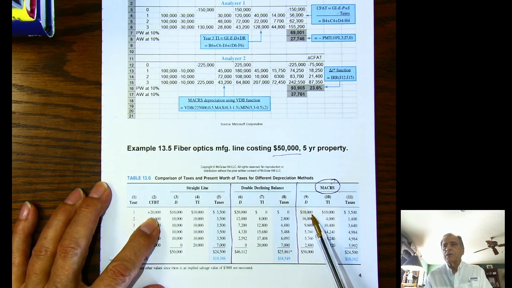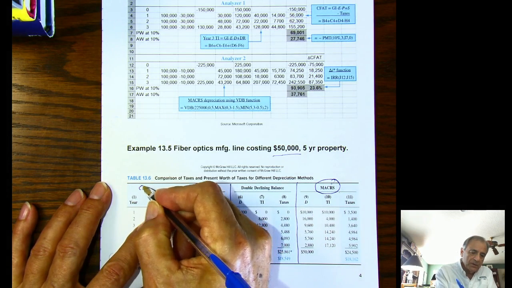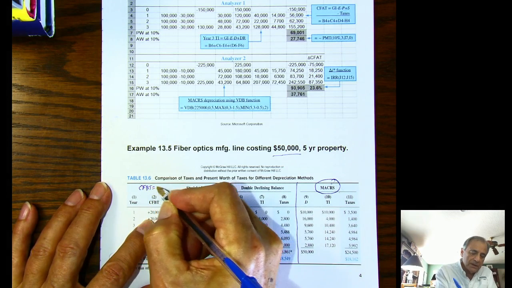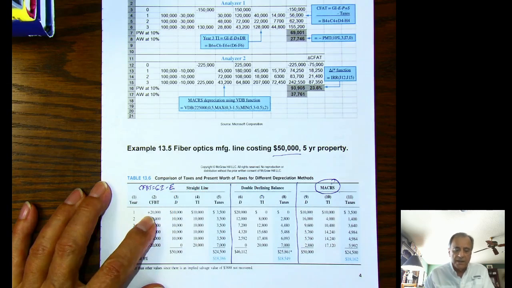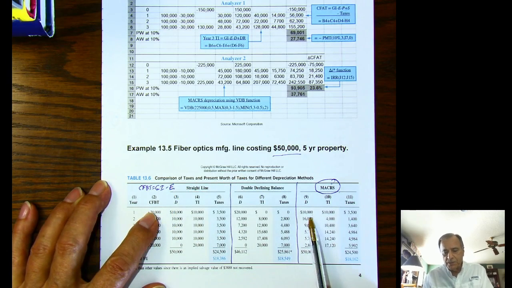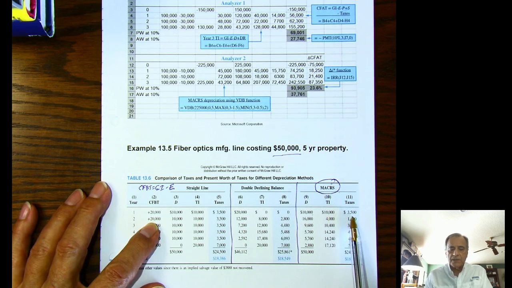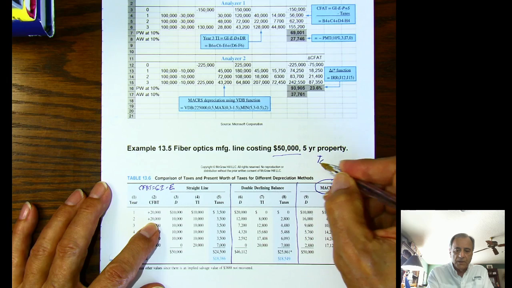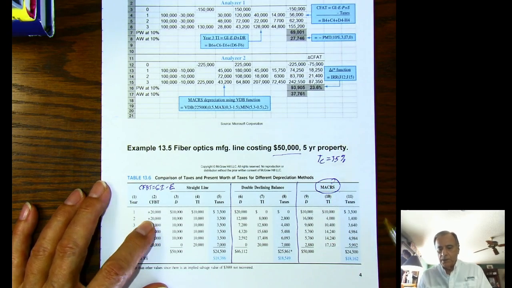Remember, cash flow before taxes is gross income minus operating expenses, GI minus E. Then we subtract the D from that to get taxable income, and that's 10,000. And the tax rate on this one is 35%. This is also part of the problem, 35%. And so you get taxes of